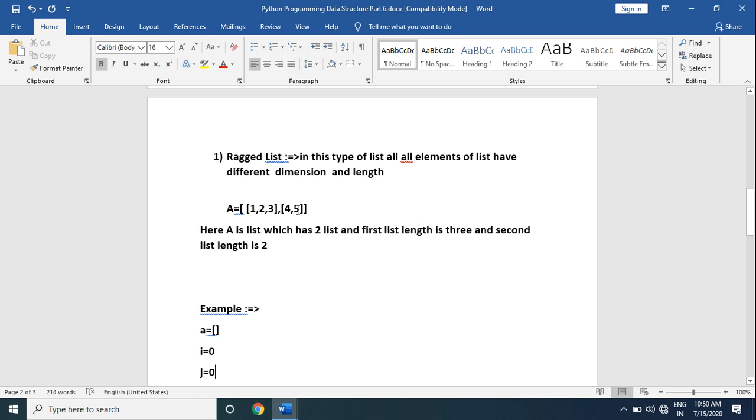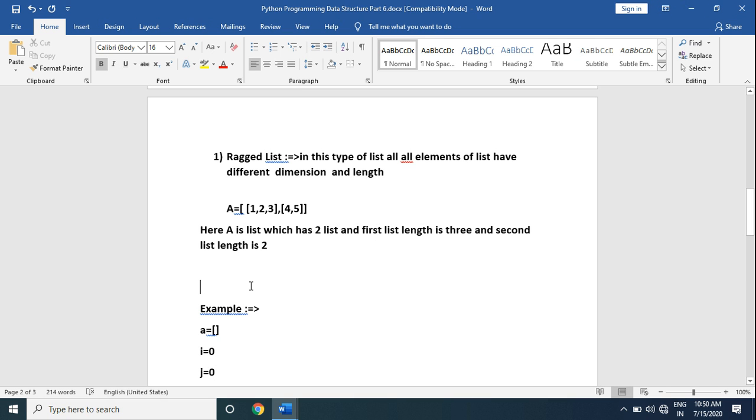So it has different dimensions and different lengths. Here A is a list which has 2 lists, the first list length is 3 and the second list length is 2. So the length is different, and this type of list is known as a ragged list.